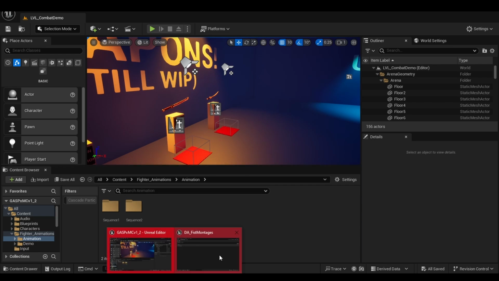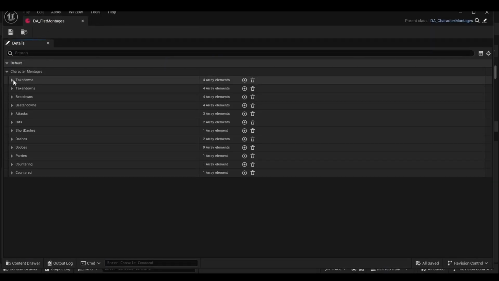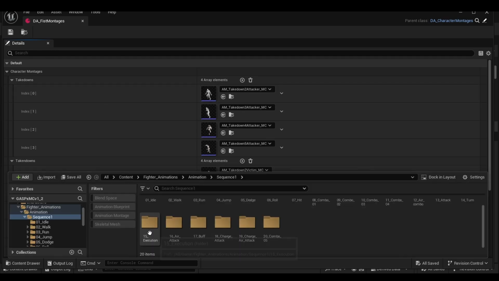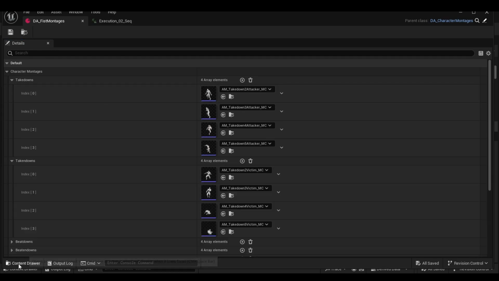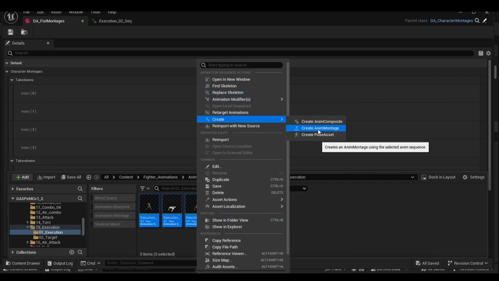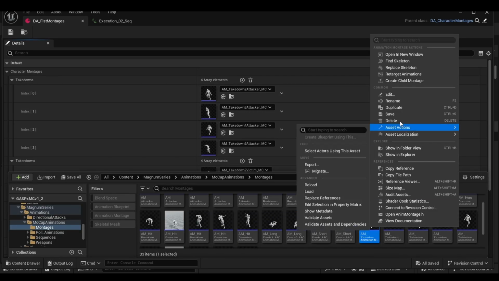In the data asset that I've opened, we have character montages here. Open that. We have takedowns and taken downs. This is for the player character and this is for the victim. They have to be at the same index for them to be properly paired with each other. We do have takedowns, so execution here. So yeah, we're just going to right click, and I mean, we can definitely do something like this, create a montage. But what I would like to do is actually just browse to the existing montage, duplicate, and call it